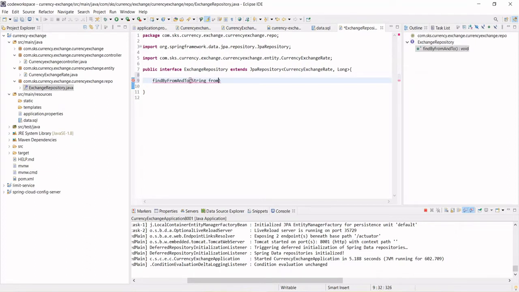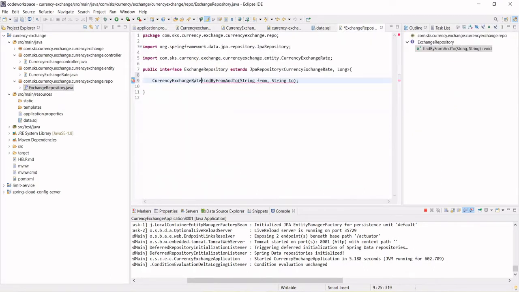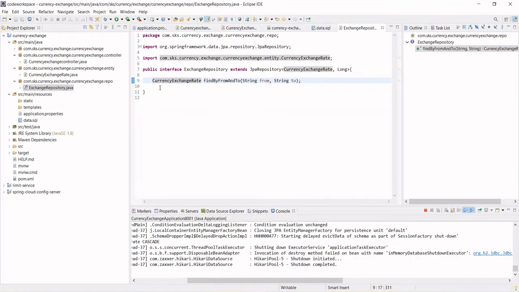String from, comma, String to, semicolon. And what do you return? An exchange rate entity. This is the entity we want as the return. Control B. So this will be our query method.